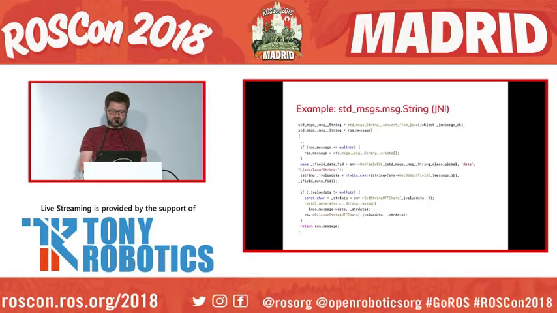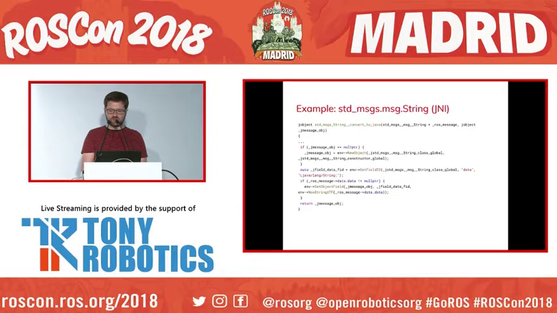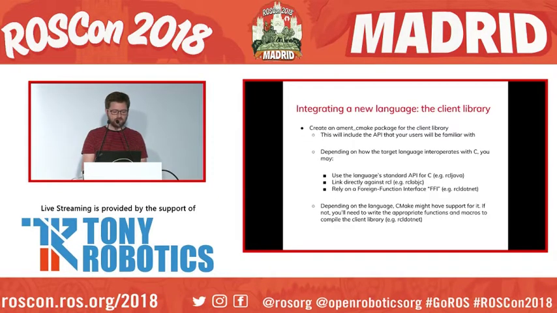And this is just how Java messages are converted to C, and vice versa. Now you need a client library to interact with those messages. This is the API that your users will use. It's up to you how idiomatic you want to make it, but RCL makes it easy because all the functions are very simple. RCL has only